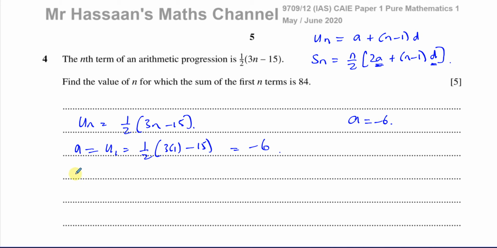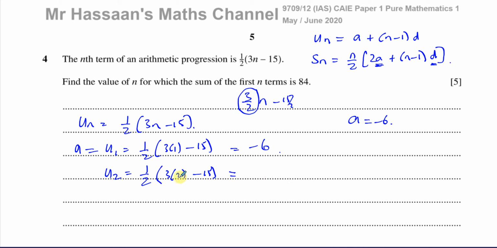And if we work out the second term, we can then work out the common difference. In fact, we should know the common difference is 3 over 2, because this is 3n over 2 minus 15 over 2. This tells you the common difference. The number you have to add each time to get to the next term is the number multiplying the n. But just to confirm it, we can put here a half times 3 times 2 minus 15,